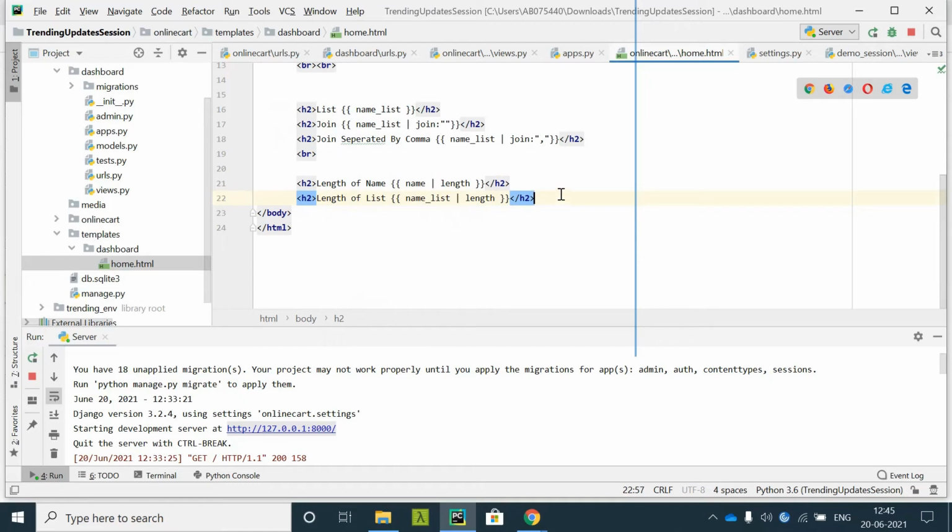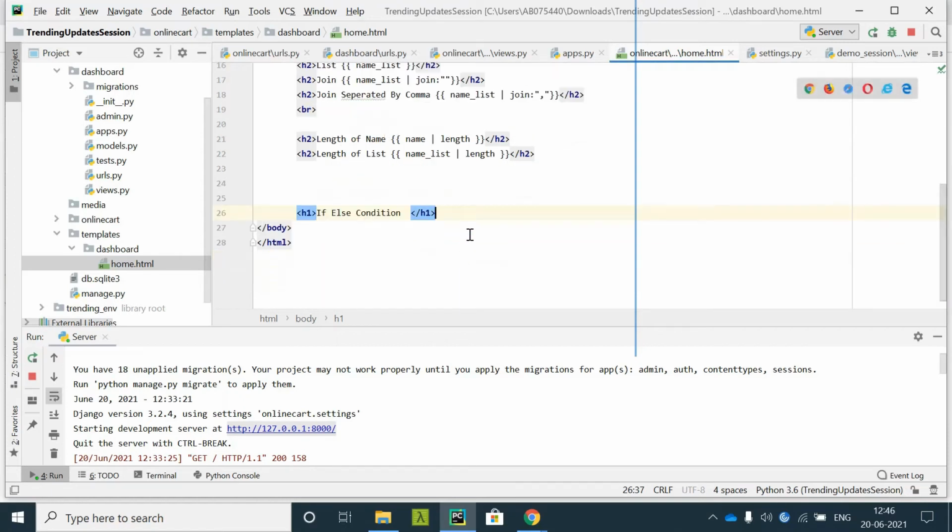I'll do it here itself. So how do we check the if condition in the Django template? This is how we can do it.